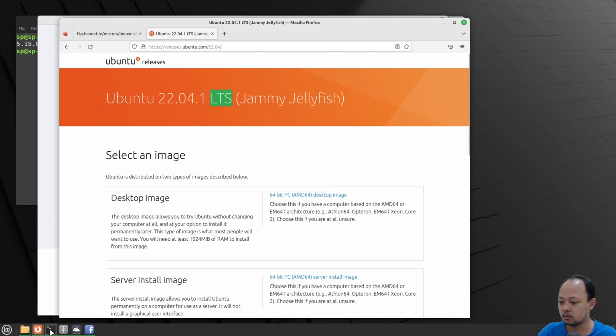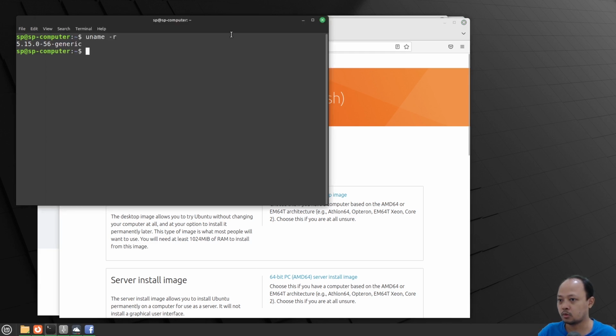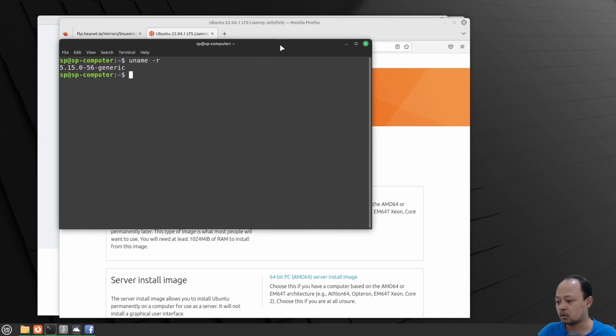And then Linux Mint 21.1 now disabled the Snap Store and enabled Flatpak as default. Let's check flatpak list. So Flatpak is enabled by default, but there are no applications installed yet.